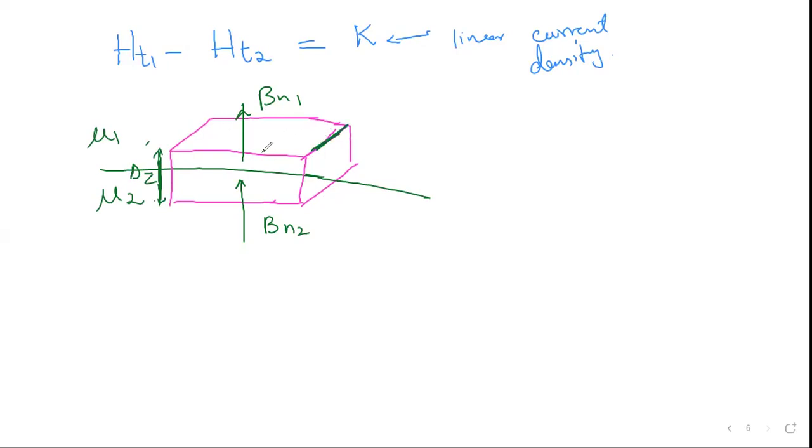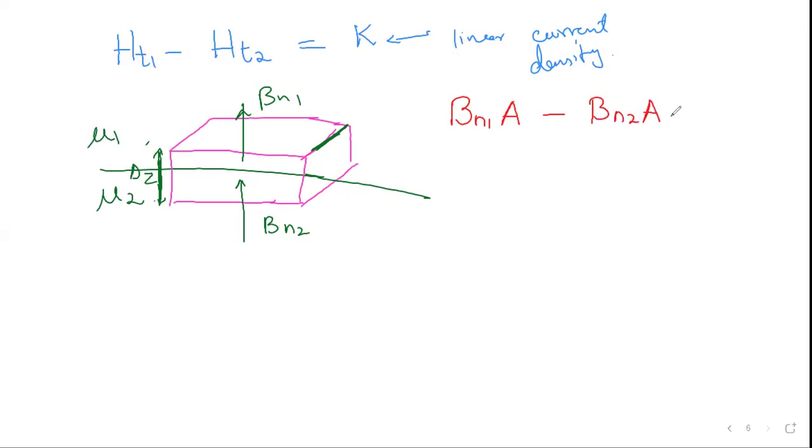Now we will use Gauss law and multiply that Bn1, that is the magnetic flux which is leaving, and what is entering is minus Bn2